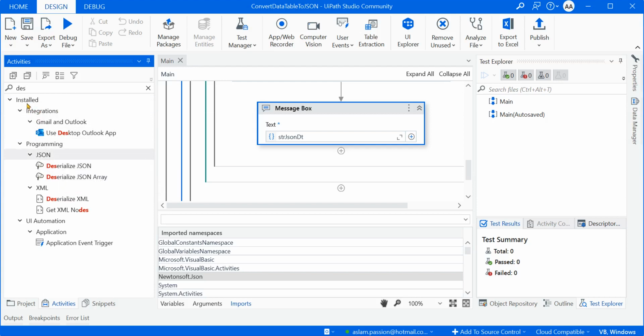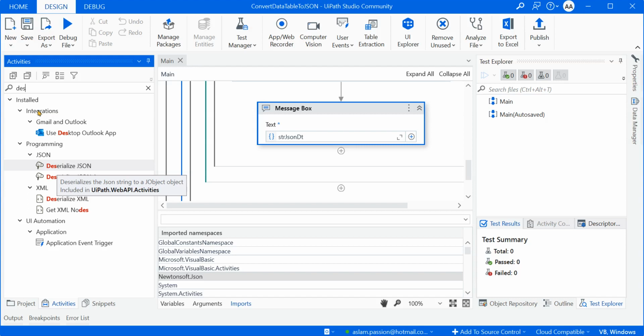In the JSON format, I have seen two methods. In XAML also we have two methods, right? In the JSON format, one is Deserialize JSON, and another is Deserialize JSON Array. If you read the descriptions and library details, it comes from the Web API activity. If you see the description, it says deserialize the JSON array string. If I hover over the first activity, it shows deserialize the JSON string